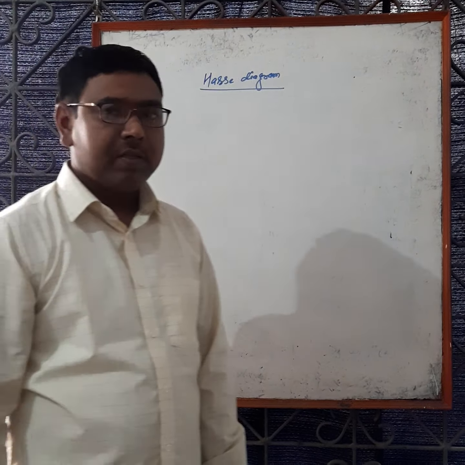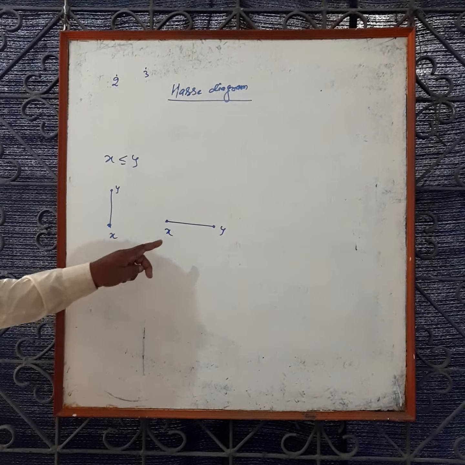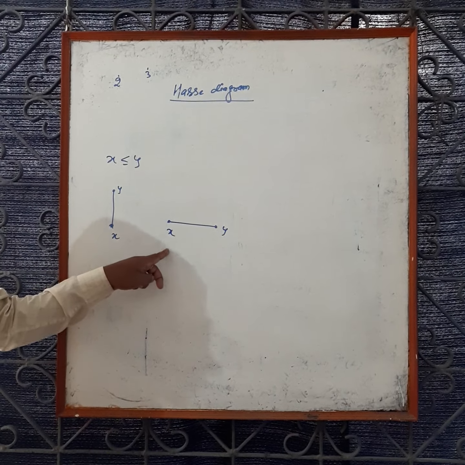There is no line between incomparable elements of the poset. It means if 2 and 3 are incomparable elements, then there is no line between 2 and 3. And if x is related to y, then the position of x lies below y. There is no arrow between x and y. Also, there is no horizontal line in the poset. This type of representation is not allowed in the Hasse diagram. Here it is not clear whether x is related to y or y is related to x.